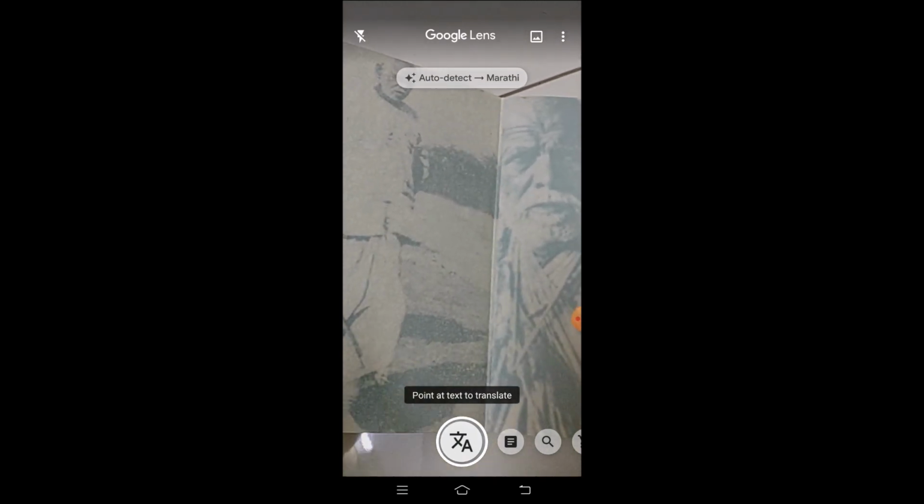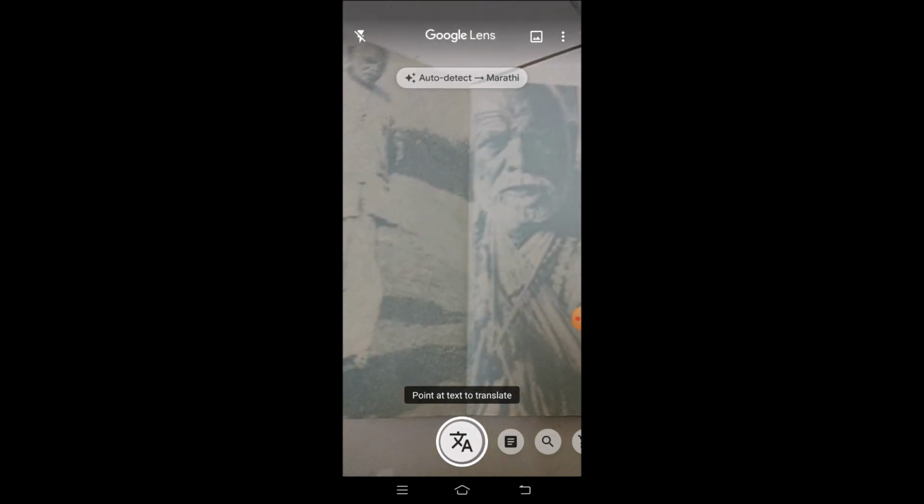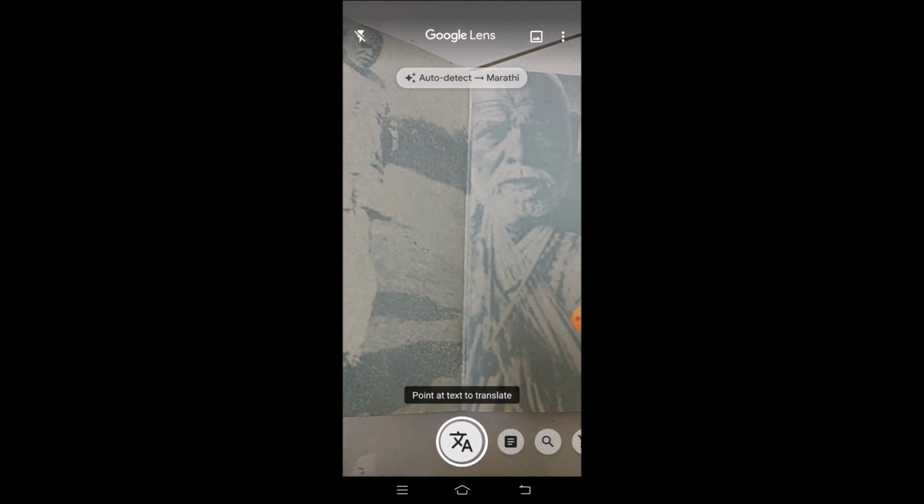Suppose I have to translate any paragraph which is written in any language. So you have an option, and that is the option of auto detect. First of all, you can choose the language also, or automatically allow the app to detect that language. So I have chosen auto detect, and another one is Marathi. You can choose any language, Hindi, Urdu, or whatever it may be. So I have chosen auto detect, and I would like to convert that language into Marathi. Okay, and I'll click on apply. As I have not performed any changes, I'll straight away apply that.